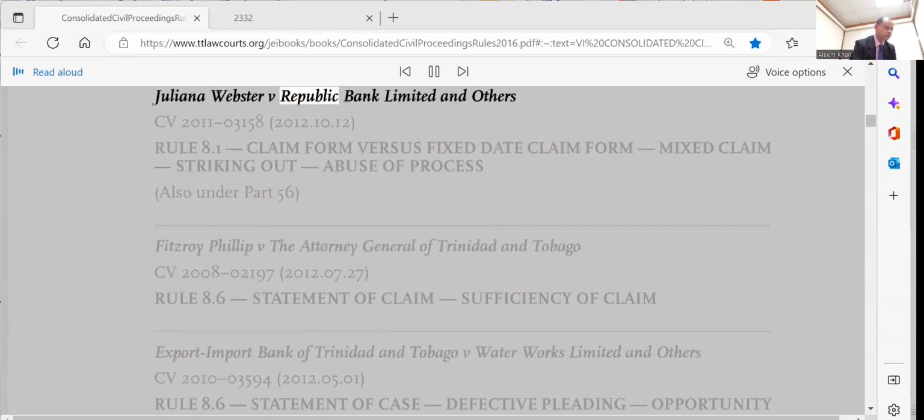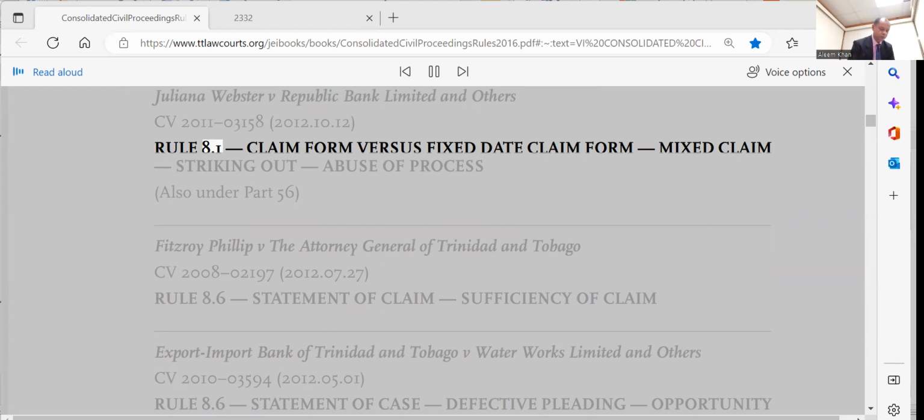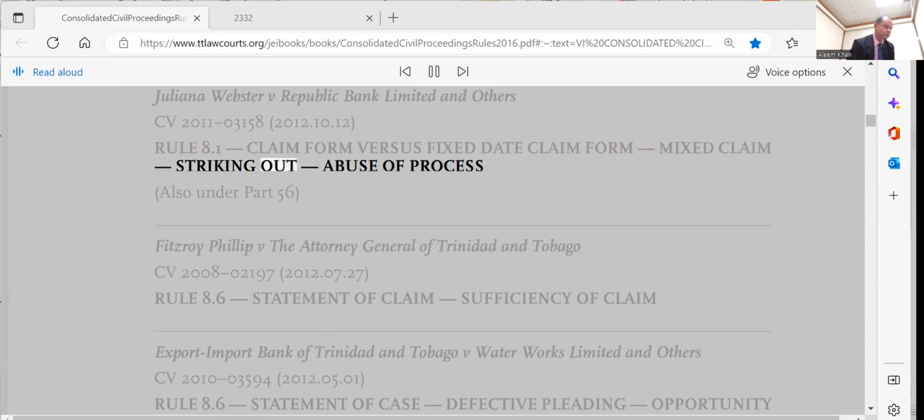Juliana Webster v. Republic Bank Limited and others, CV 2011-03158, October 12, 2012, Rule 8.1, Claim Form versus Fixed Date Claim Form, Mixed Claim, striking out, Abuse of Process, also under Part 56. Fitzroy Philip v. the Attorney General of Trinidad and Tobago,